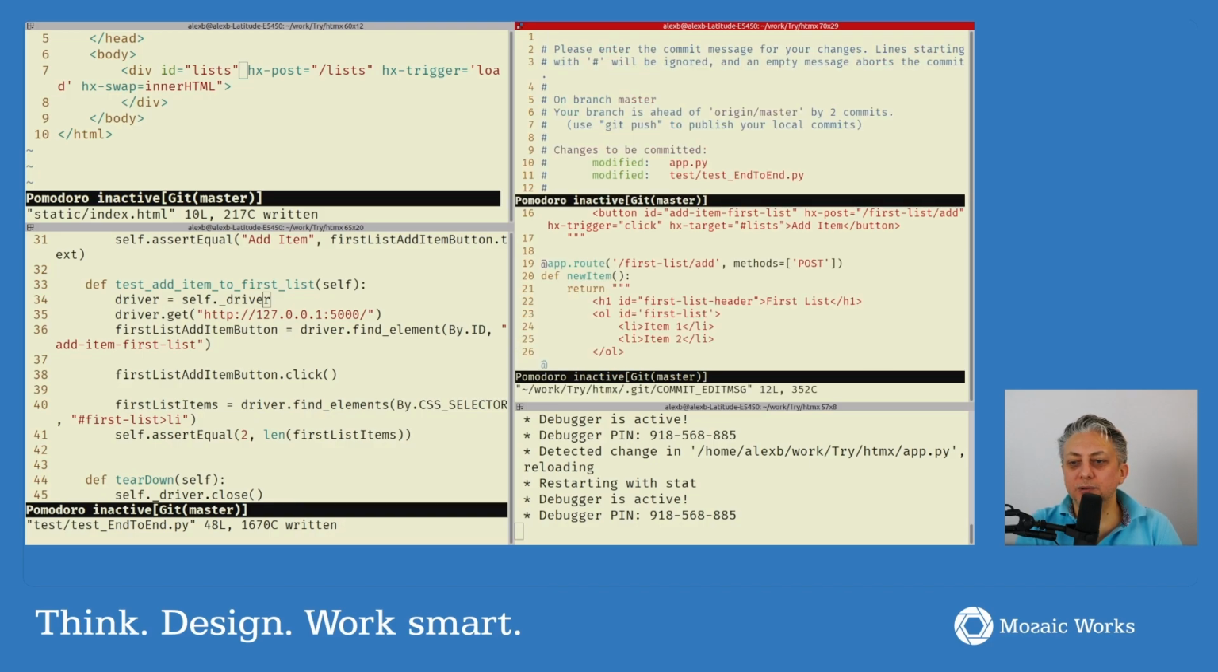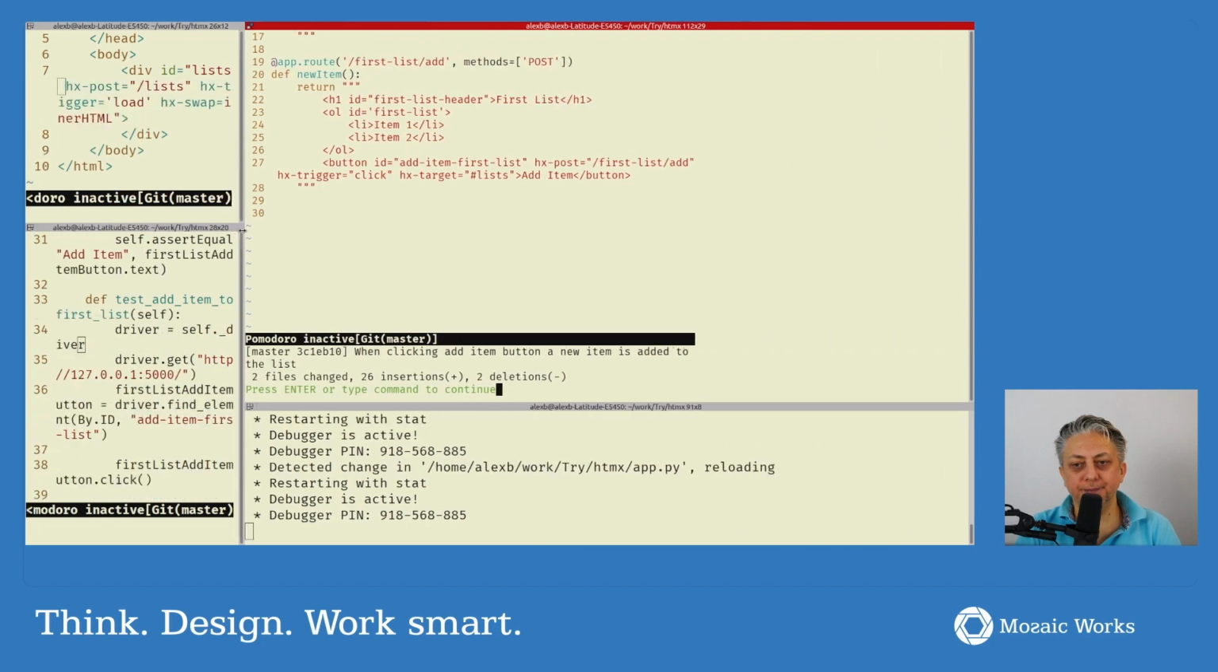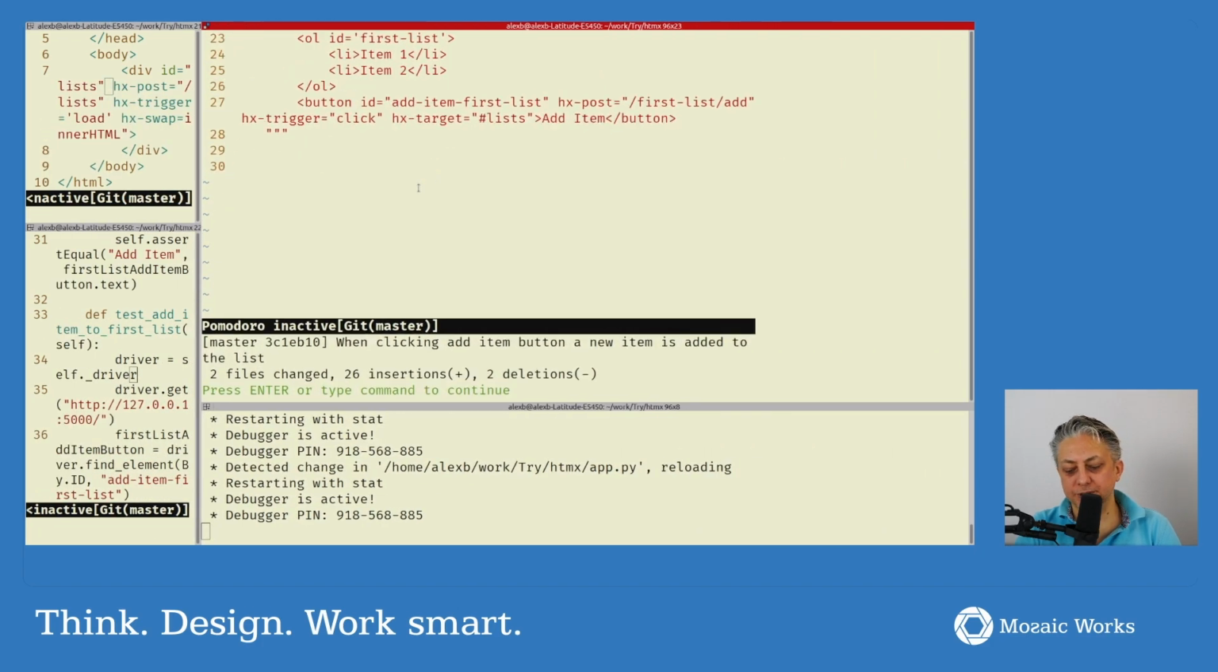And what we want is, when clicking the add item button, a new item is added to the list. Cool, done that. Now, where should we start refactoring? I'm thinking, focus here,